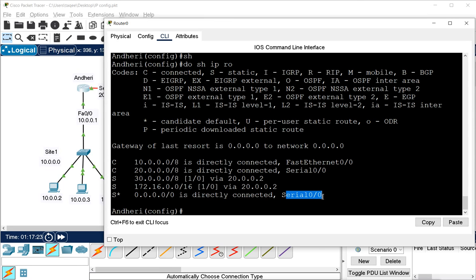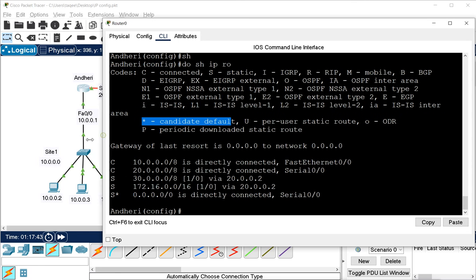So we can go out from this interface to reach that network, and that means any network. And we configured this as a static route. We can see it is S. Now S means it is static, but it has the star here, and that star means it is a candidate default. That means this network is a default network.